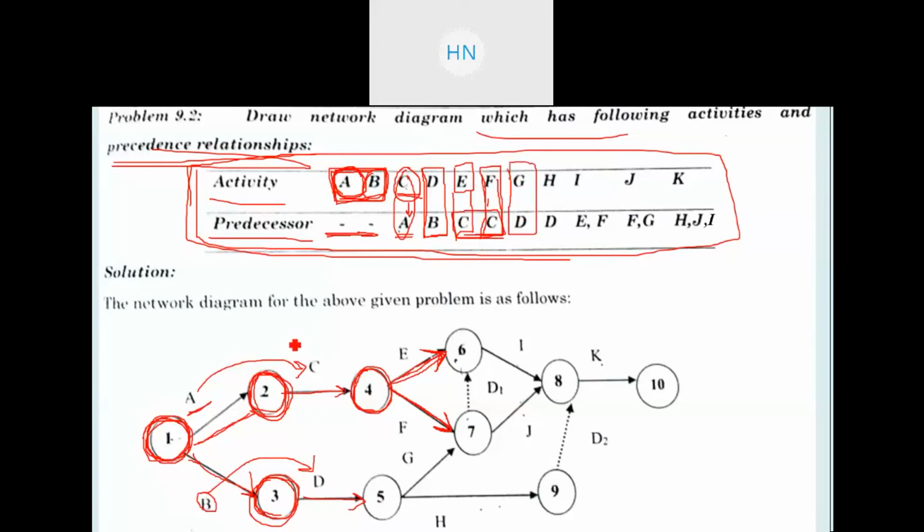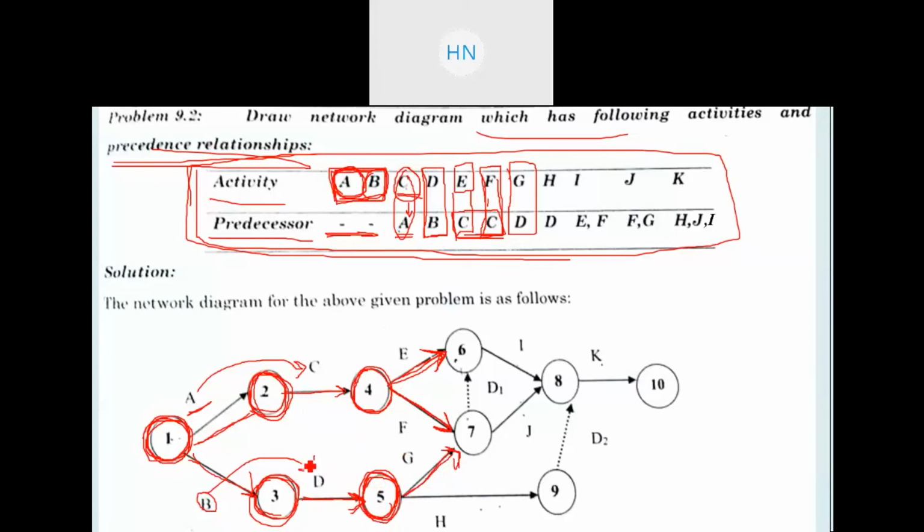So where is D? We need to find D first. So here there is D activity, and from that we can get one more event, that is event number 5, right? Here I am numbering the events accordingly, turn by turn, right? 1, 2, 3, 4, 5 likewise. So from event number 5 I am taking the activity G here. This G will be coming out, right, from event number 5.